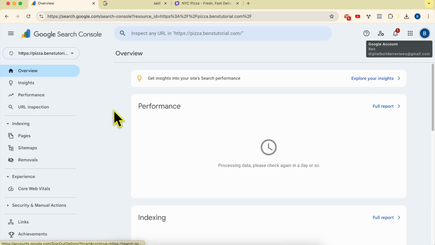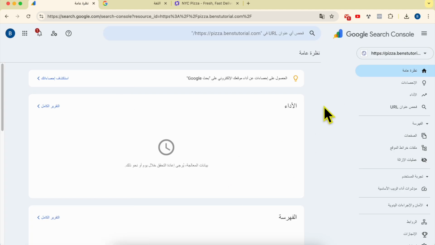Now, if I go back to Google Search Console and I refresh this page, I should see the Google Search Console in the newly selected language. In my case, it's Arabic. And this is how to change your Google Search account